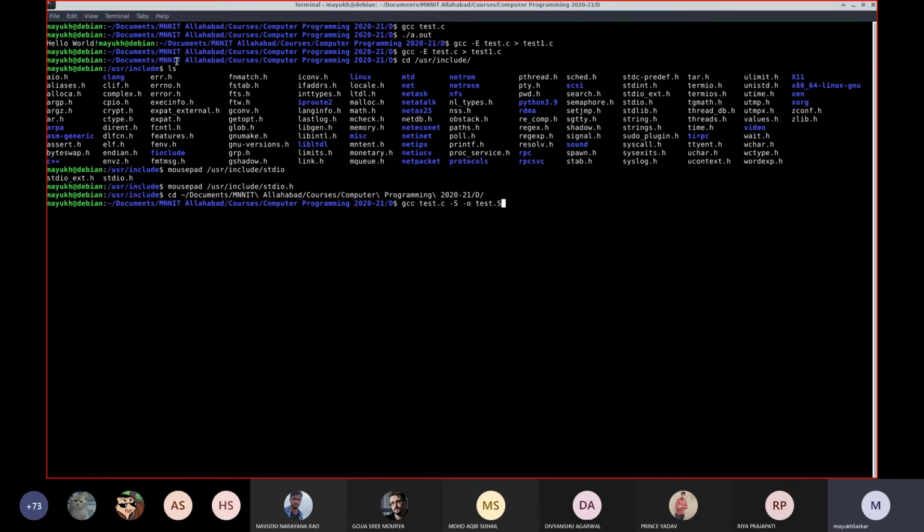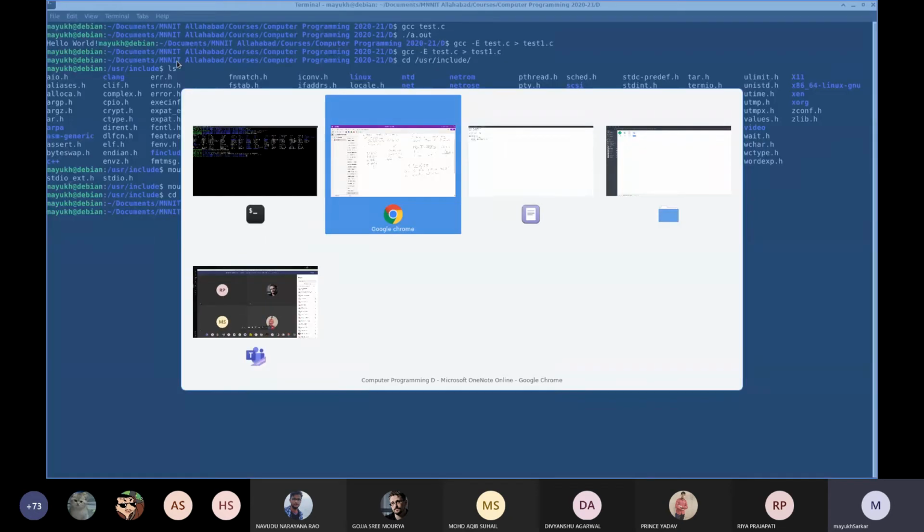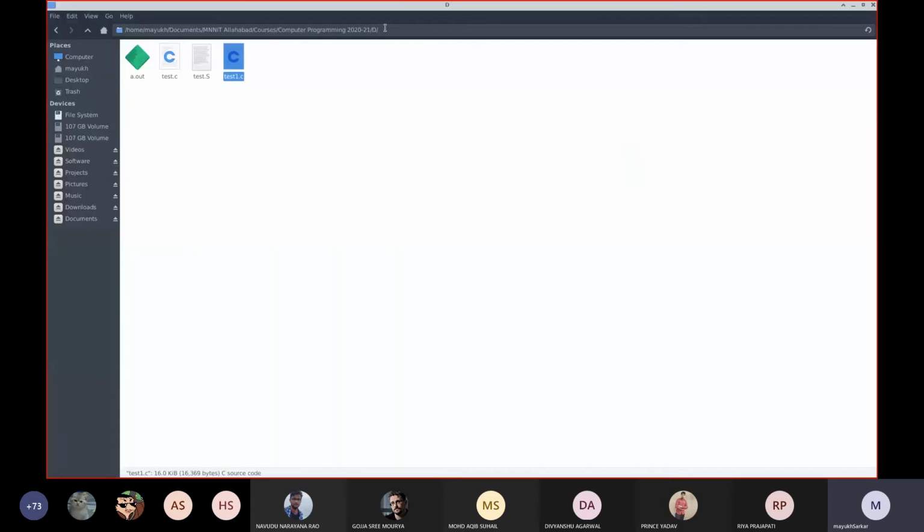S is the extension for the assembly program on Linux systems, and you will have the test.s file ready here. You can see here, and if we open this up,